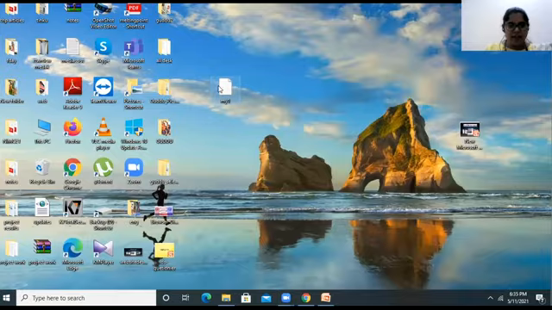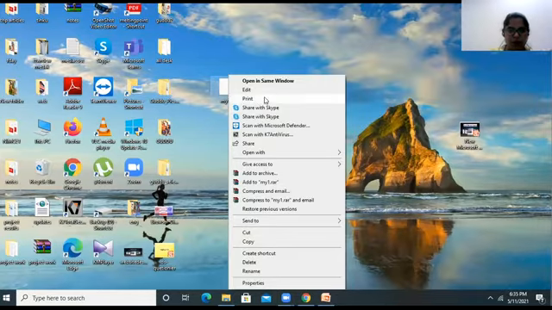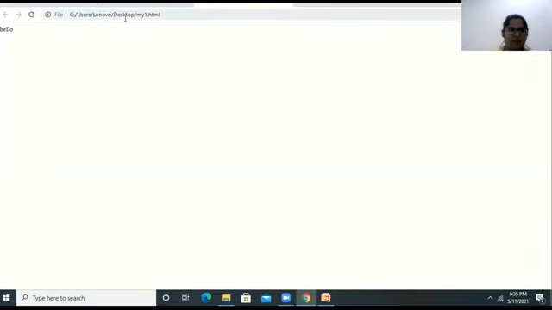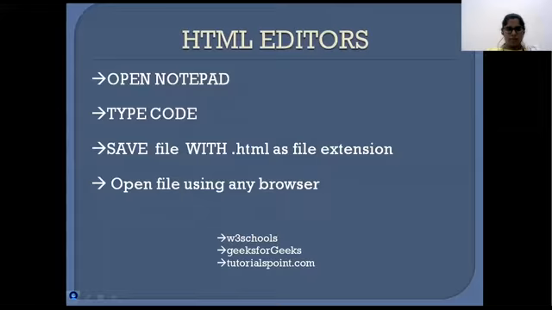So if you can see here, this is the HTML file. I'm opening it with Chrome. So this is how it is coming. This is how it can be done with Notepad.